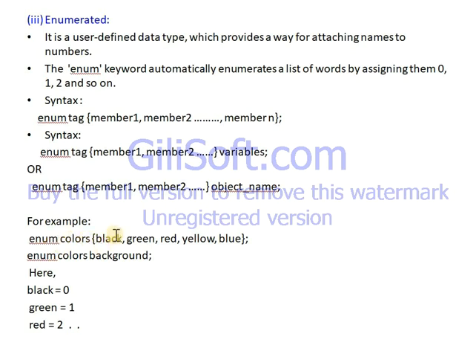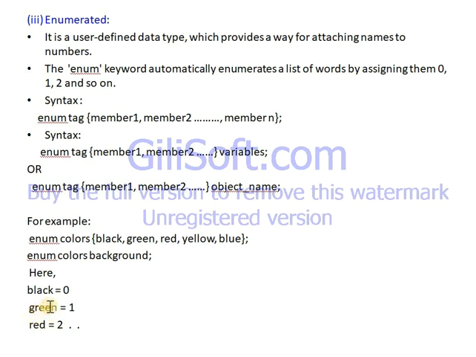In colors we are assigning the variables black, green, red, yellow and blue. For black there is a 0 constant.